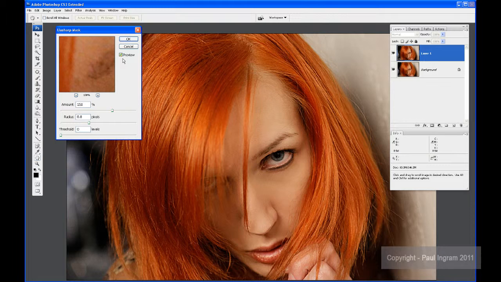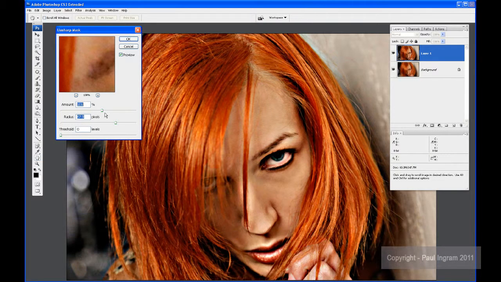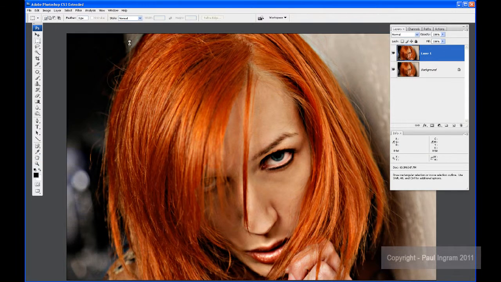But to create local contrast, we're going to use the unsharp mask filter in an unusual way. We're going to do what's called HiRaLoAm sharpening, which is an acronym for high radius, low amount. So I bump up the radius and drag down the amount, and it gives the look of, this is an extreme application of local contrast, which gives the portrait almost like a HDR grungy type look. You can see that's before and that's after, and I'm actually going to leave it massively overdone like that, and there's a reason for doing that. So I'll click OK,